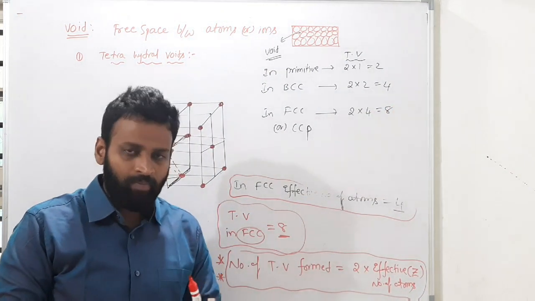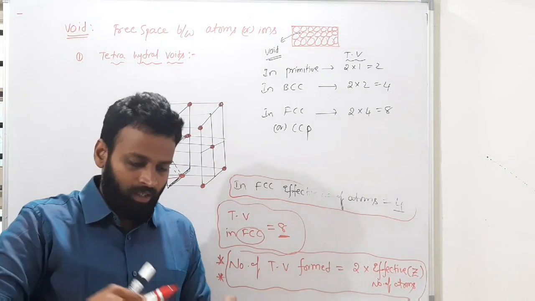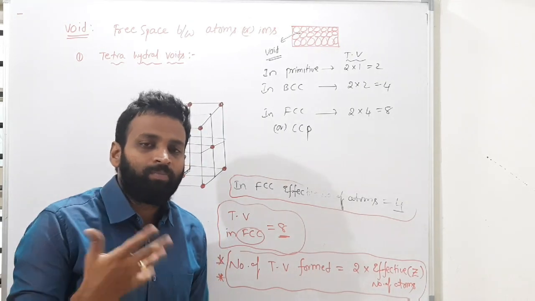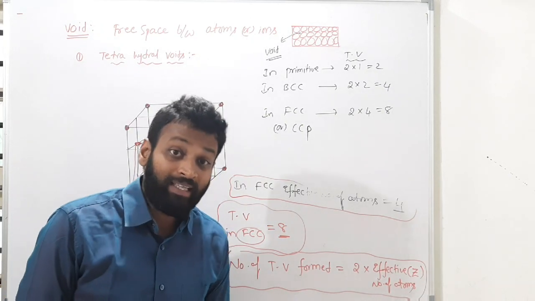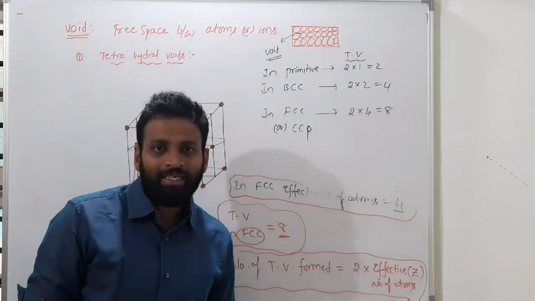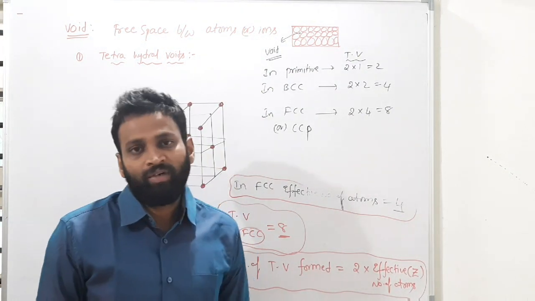Very, very important, this concept. By using these tetrahedral voids, they will ask you formulas. They will say atoms A form FCC and atoms B are present in tetrahedral voids. What is the formula of AB? Like that they will ask you. So tetrahedral voids we discussed. In our next class we will discuss octahedral voids. Those are also very important for us. Thank you.